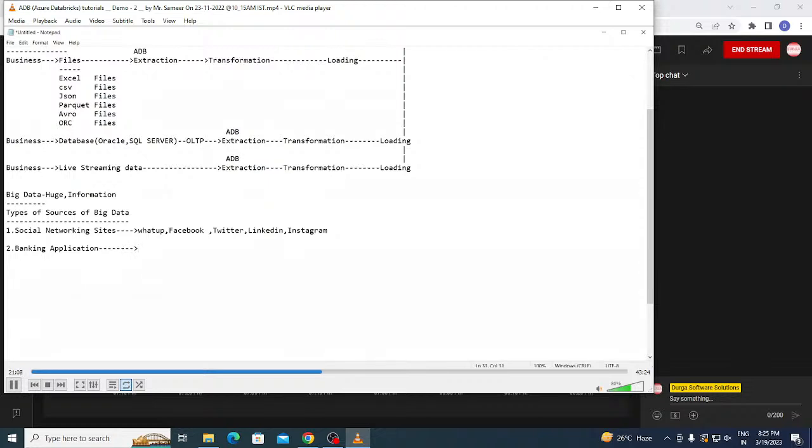Suppose you go to a bank and get an entry done. In your passbook, you have made some entries: some cash withdrawal entry, some deposit entry, some online transfer entry, some purchase entries. That means some transactions you have done. But in this passbook, although you have made only 3 transactions, it will give you some 7 to 8 lines. Am I right? It will print the balance, and the deduction after the debit balance. That means banking data is considered as a massive or huge amount of data across the globe.